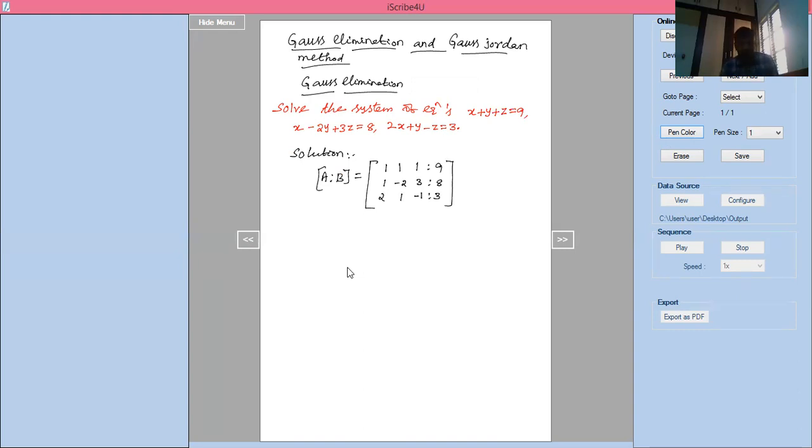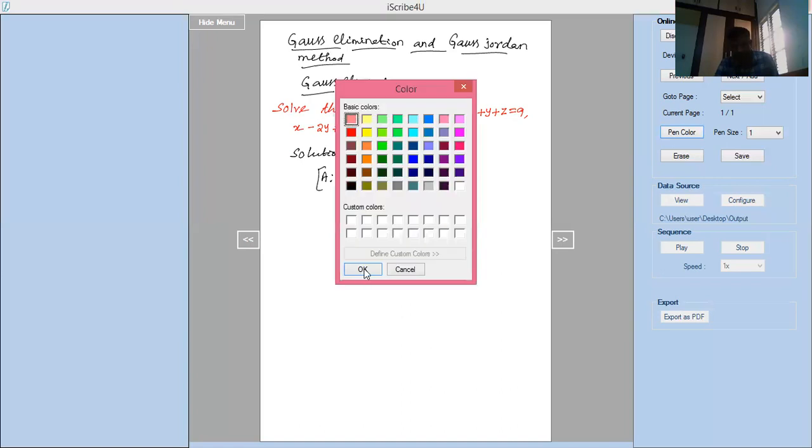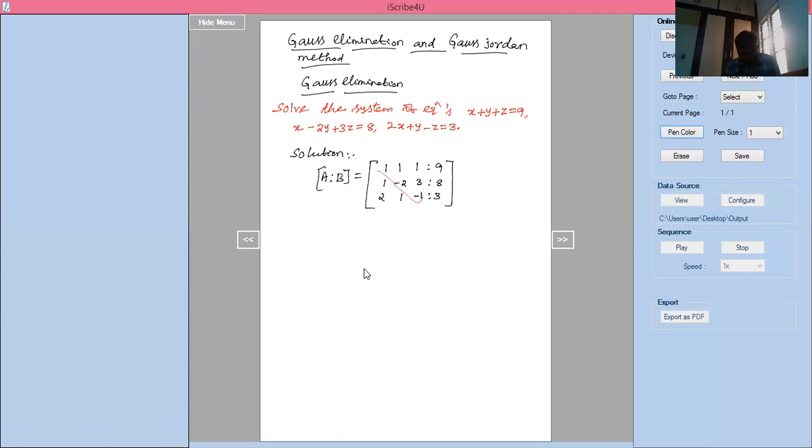So here first, the elements below the principal diagonal I have to make 0. Which are the elements below the principal diagonal? You know those elements we have to make 0. So this is 1, -2, -1 there. These elements I have to make 0 first. Below the principal diagonal, 1 is there, 2 is there, those elements I have to make 0.